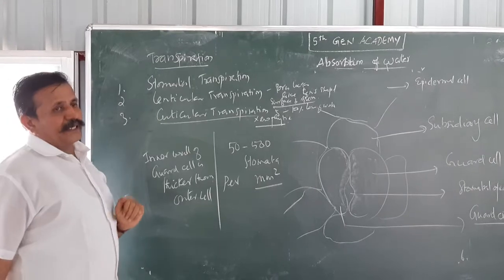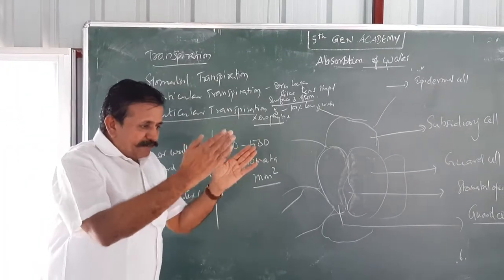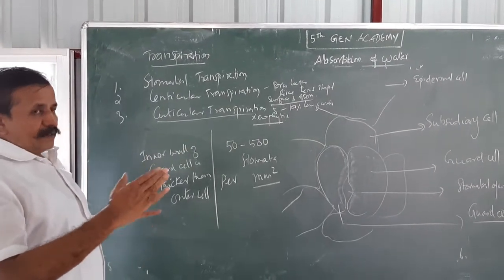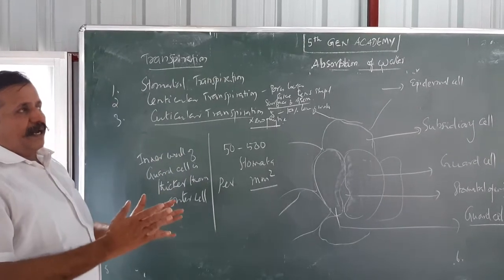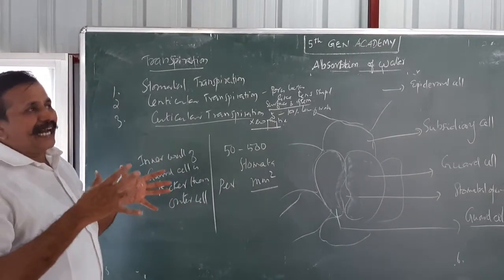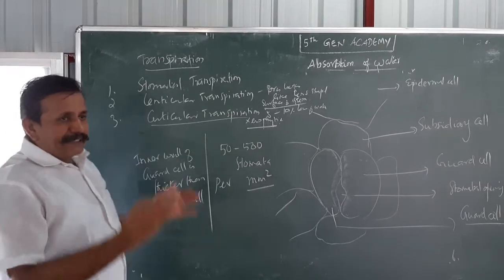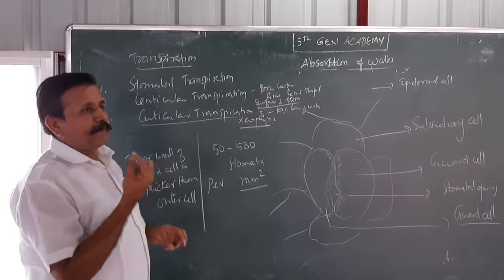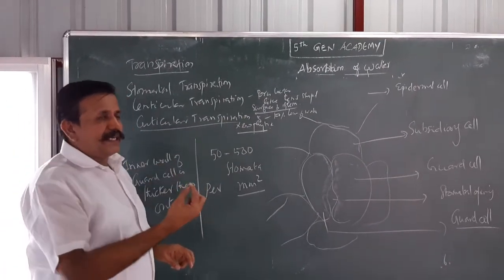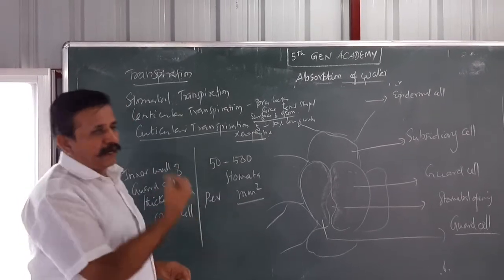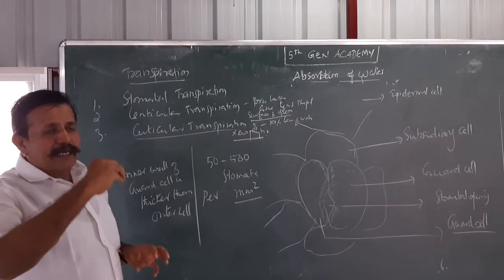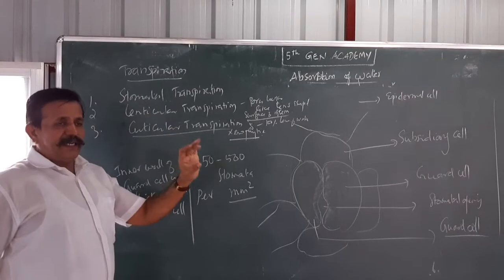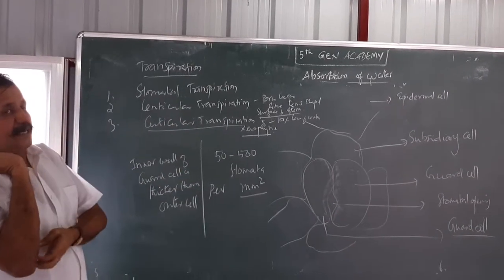Before that, lenticular transpiration. You know that the bark of the stem of highly matured plants has pores. The bark is completely covered and has a lot of pores inside it. The pores look lens shaped, hence the lens shaped surface of the stem is called a lenticel. Through the lenticels, water comes out as vapor in a small amount. Hence it is called lenticular transpiration, one general type of transpiration in plants.